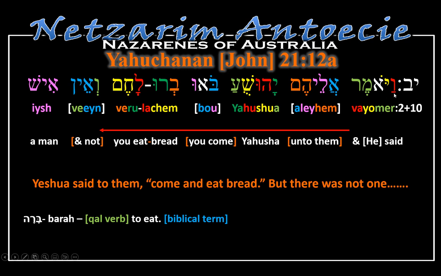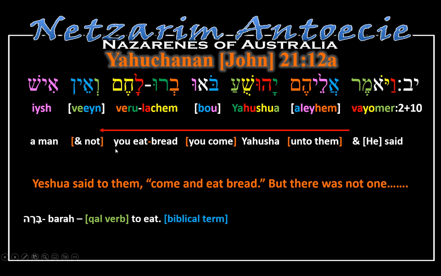Right, and so we have vayomer. Now, there's no pronoun, so it's he. And he said, alehem, unto them. Yeshua, that's the one speaking. Bo'u, which is you come, because he's speaking. Ve'ru